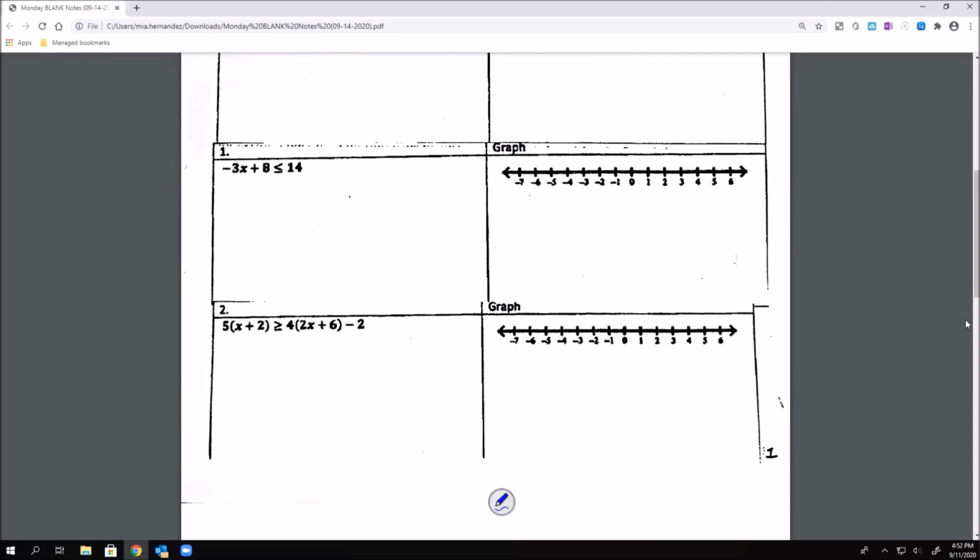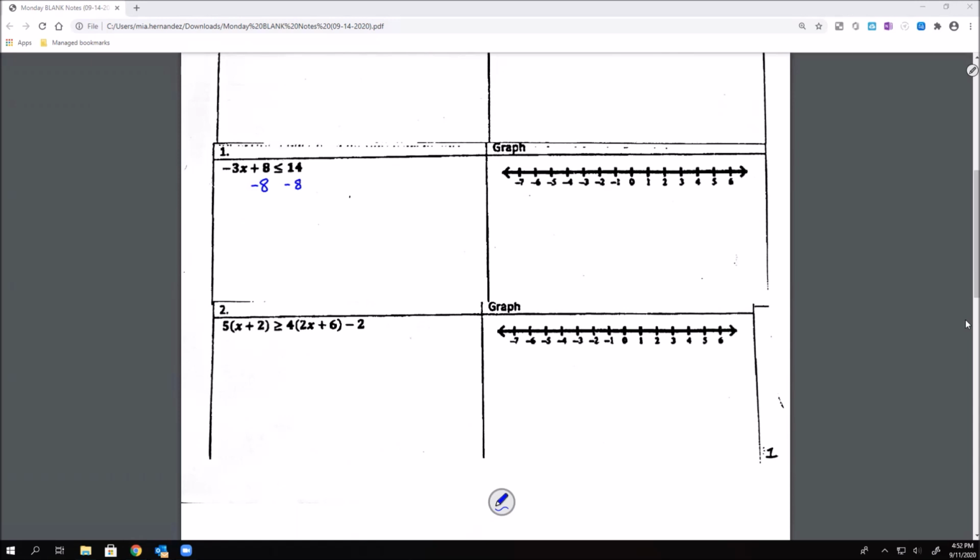So this time, I can see I have my equal to signs with my less than. I have negative 3x plus 8 is less than or equal to positive 14. Once again, I'm just trying to get that x by itself. So the first thing I have to do is get rid of that positive 8. That means I'm going to subtract 8